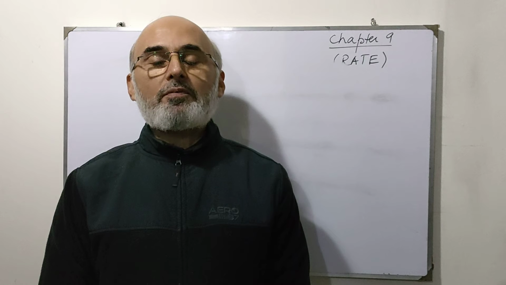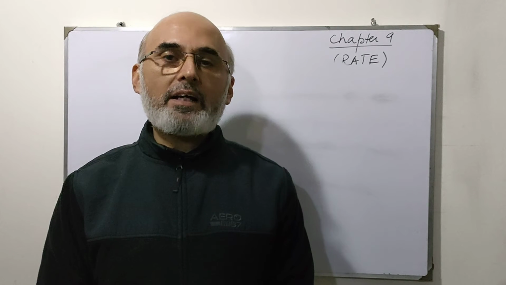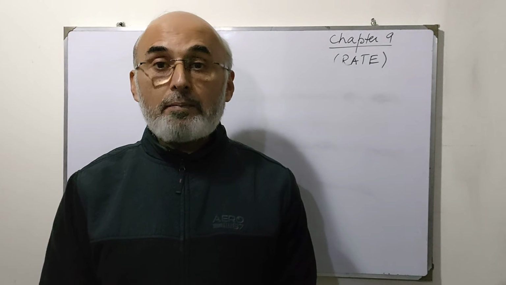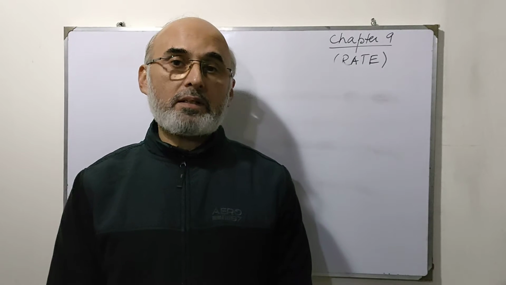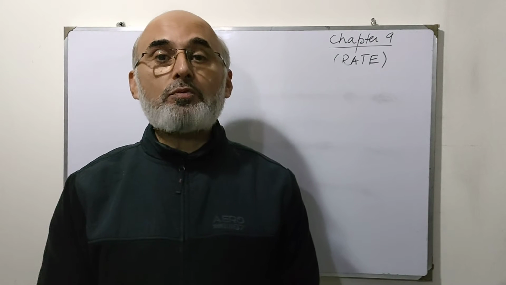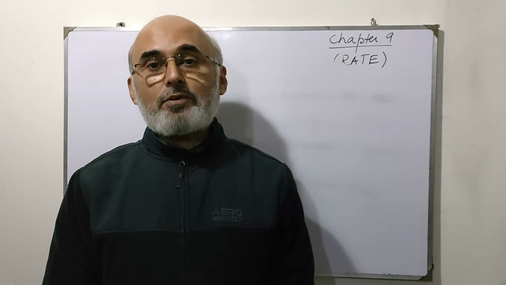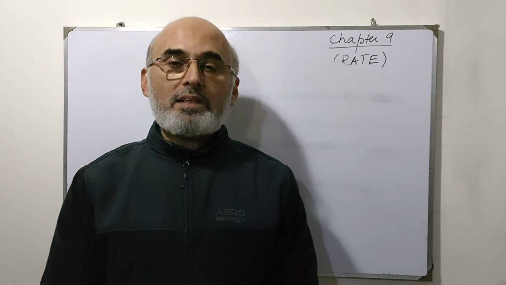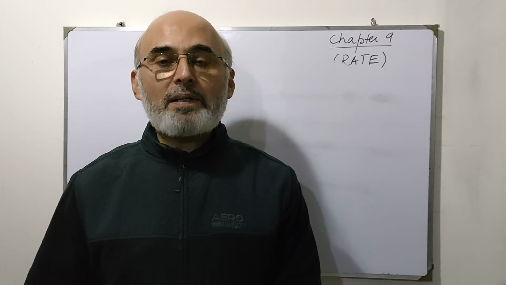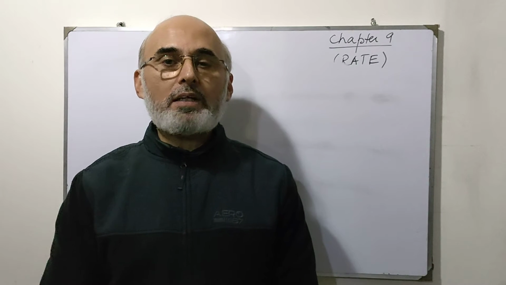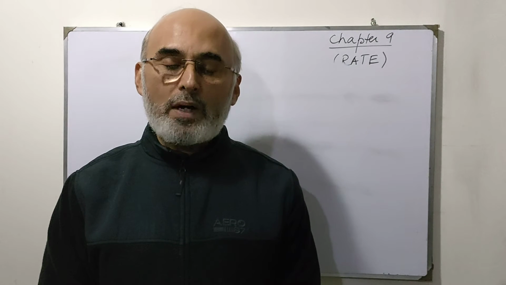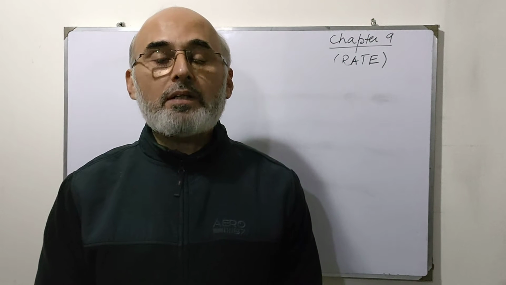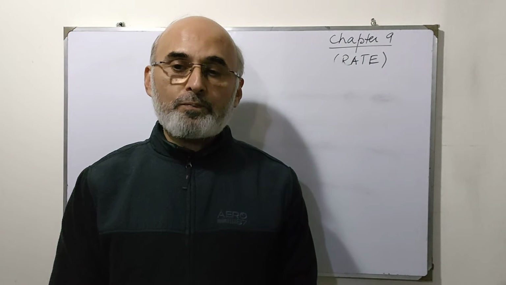We are doing chapter 9 of D1. Up till now, we have discussed ratio and defined ratio as a comparison between two or more quantities having the same type and same unit of measurement. The same type and same unit of measurement was the basic necessity for the ratio. We discussed how to simplify the ratios, and we said that the ratios have to be in the simplest integers, that is, the common factor between the integers has to be 1. With that we also solved some of the word problems regarding ratio.